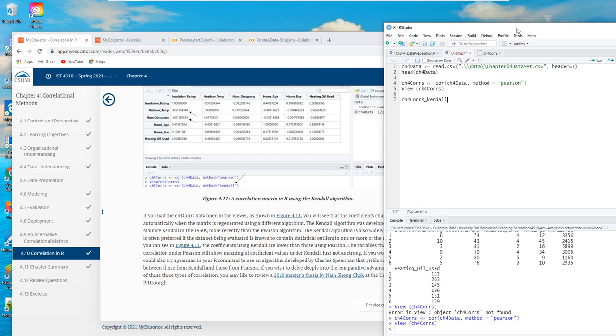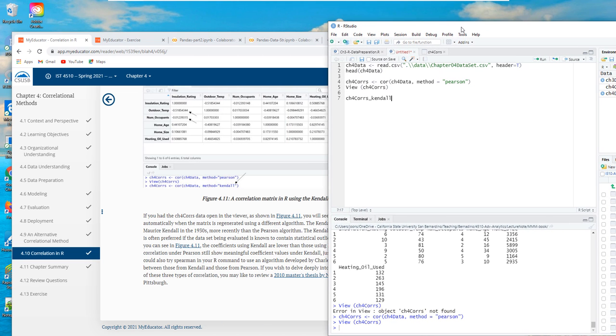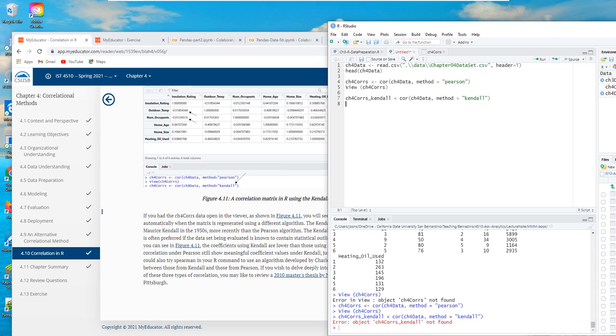Good. And then the same correlation function, and chapter 4 data. And this time the method is Kendall.